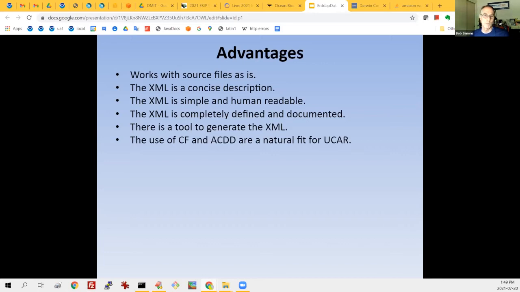The native and preferred metadata standards for use in ERDDAP are CF and ACDD, which is a natural fit for UCAR. Those standards allow you to add or use other attribute names as needed. Once you specify good CF and ACDD metadata, ERDDAP will automatically generate ISO 19115-2/19139 metadata files.